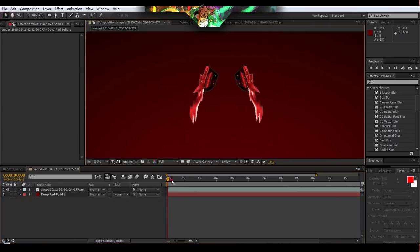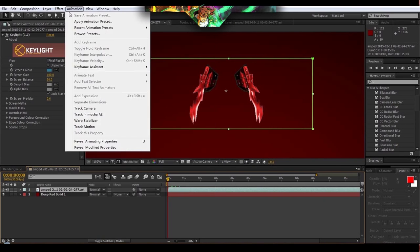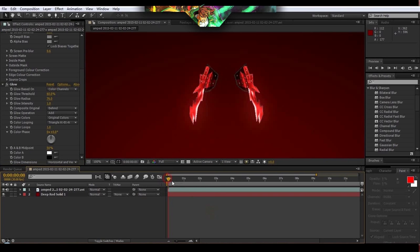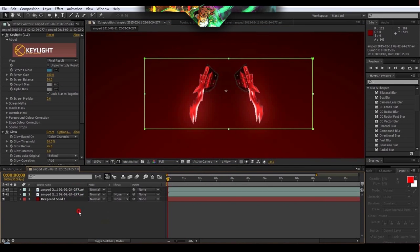What I'd like to do is add a subtle glow to it. So you go to Stylize and Glow. Let's bump up the radius a bit. Yeah, that's pretty good. Cool. Now another thing I can do is duplicate this layer